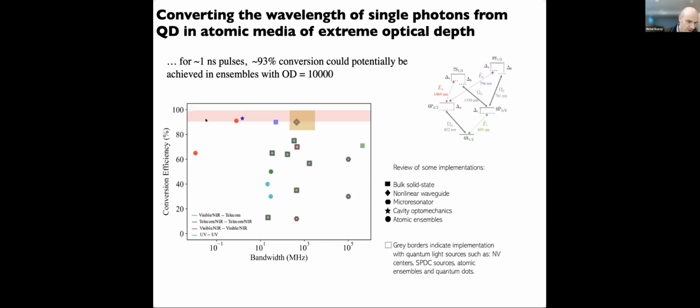And if you look at this overview plot of the conversion efficiency of single photons in various systems, our system is marked by this yellow square. It's fairly competitive with other technologies. So this looks promising. We are trying to put it together, and it's a bit challenging because it's two experiments that you are trying to make work at the same time.